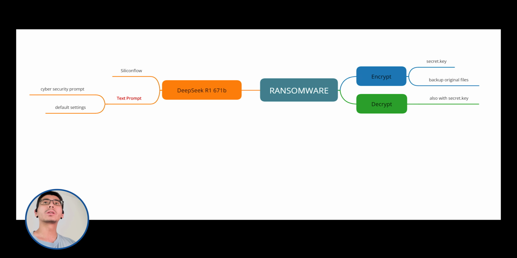Good evening, everyone. Today I will discuss how to build a DeepSeek R1 671B model using Silicon Flow, and then focusing on customizing prompt to specialize in cybersecurity related code generations. In the Ubuntu environment,